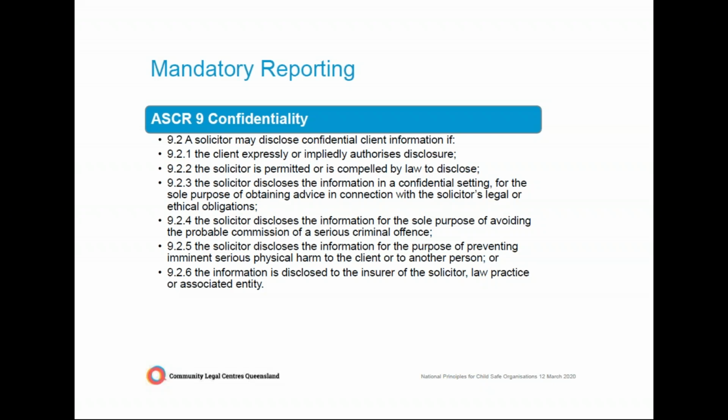One of the differences in the family law jurisdiction is that the family court has the best interests of the child as a guiding principle, and therefore it follows that practitioners must also uphold that principle in terms of their overriding obligation to the court and the administration of justice. So with the exception of the mandatory reporting obligations under the Family Law Act, there are generally no mandatory reporting